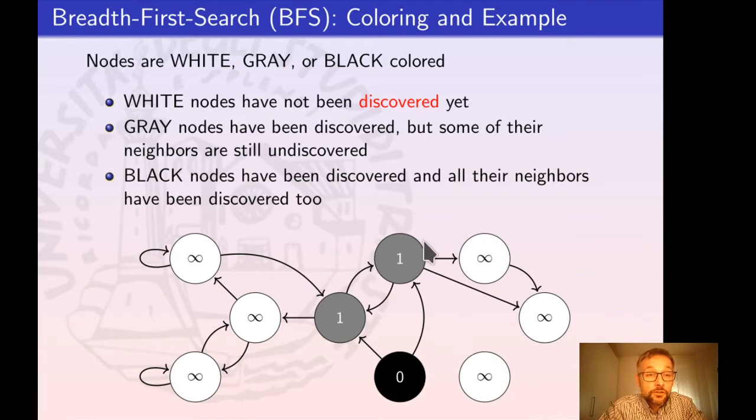So what about the gray nodes? Well, the gray nodes are the nodes which have been discovered by BFS, but which are still useful because some of their neighbors are still white, so still undiscovered, while the black nodes are nodes whose neighbors have all been discovered, so they are useless from the point of view of BFS. Okay,